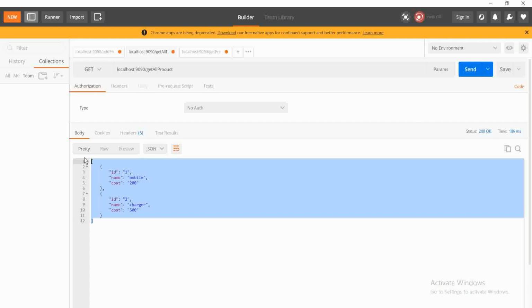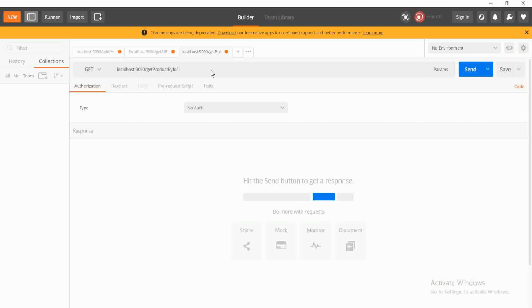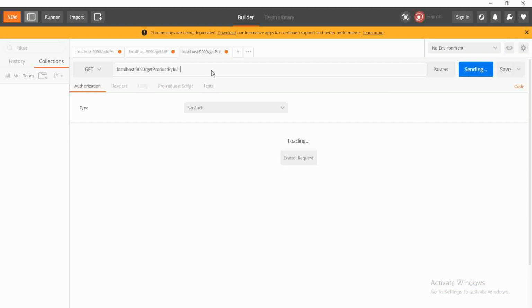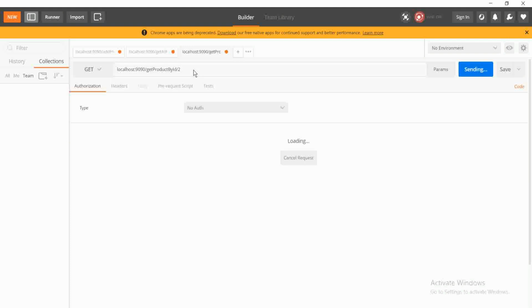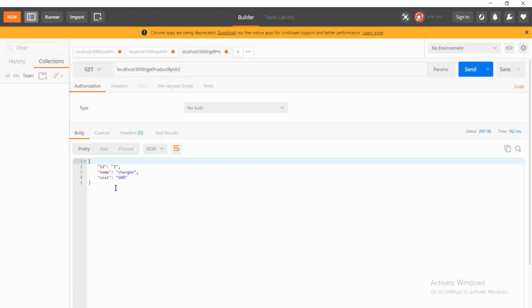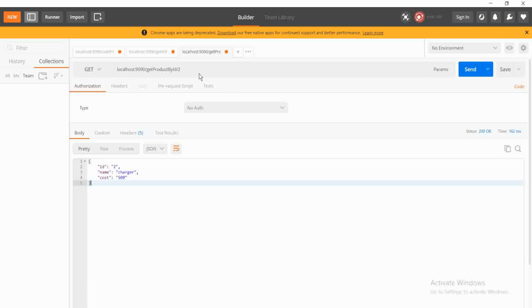We are getting two products, so now what we have to do, we have to specify individual id, like if I want to get product with id 1, then I have to specify here 1, so it will return the product of that id. Then if I mention here 2, then the product with id 2 will be returned here. So like this we can use the get, we can retrieve the product based on the id of the product. I hope you are getting it, and if you have any confusion then you can comment on this video. Now we will see how we can update the existing product.